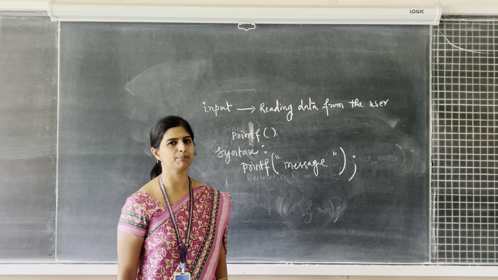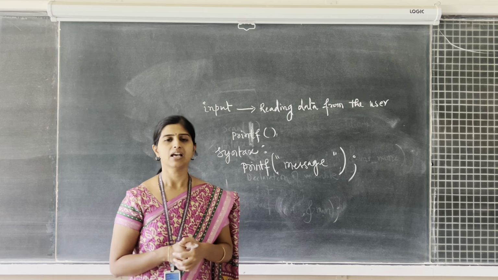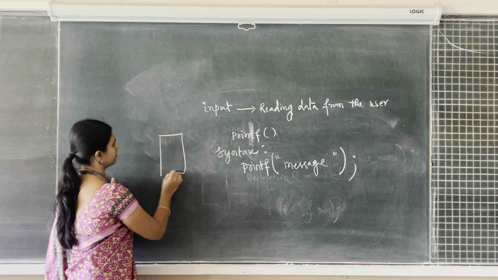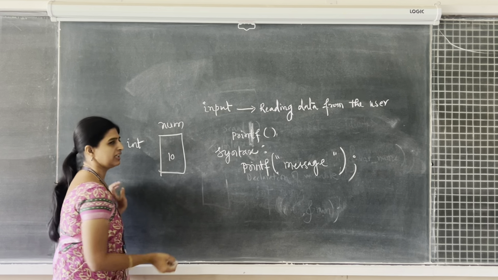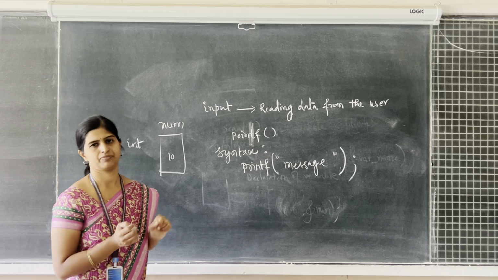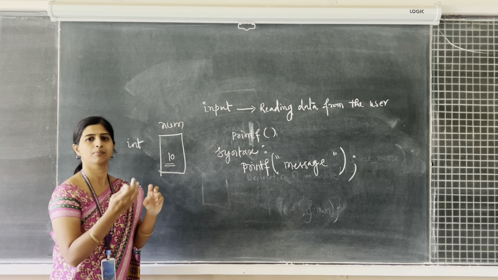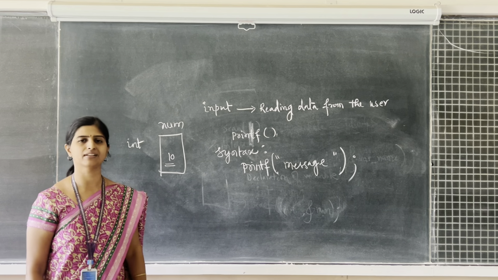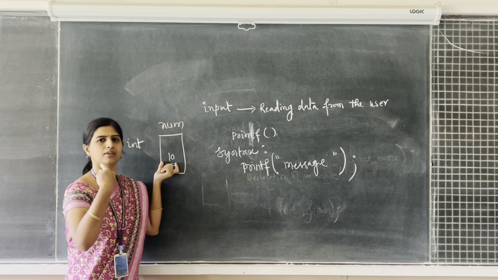This is one way of using printf. Suppose we take the previous example where I was reading the value for number. Now I want to display the value that is being stored within number. Suppose I have the num variable of type int, and suppose the user has entered 10. Now I want to display one simple statement saying that the value of num is 10. Please note that this value is going to change with respect to whatever the user enters during runtime, or execution time. So this value is not constant. That's why we are using something called a variable. The value keeps on changing.